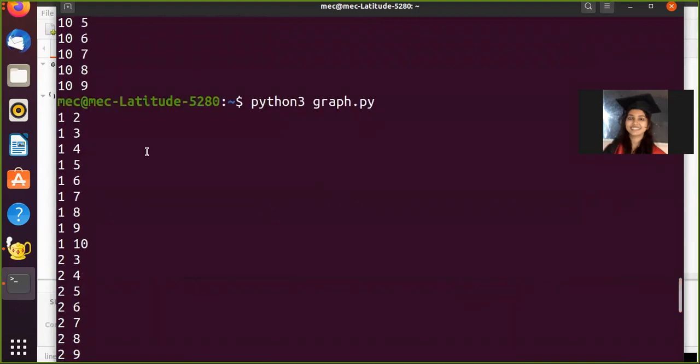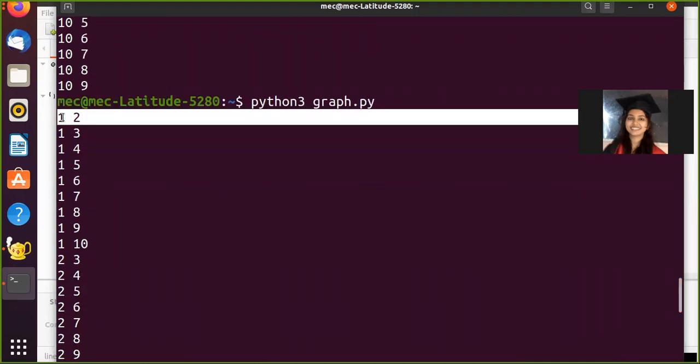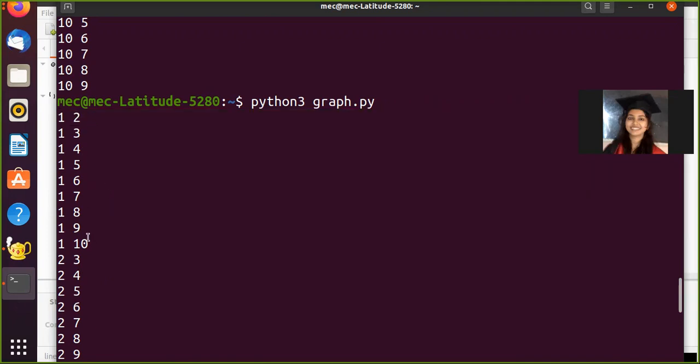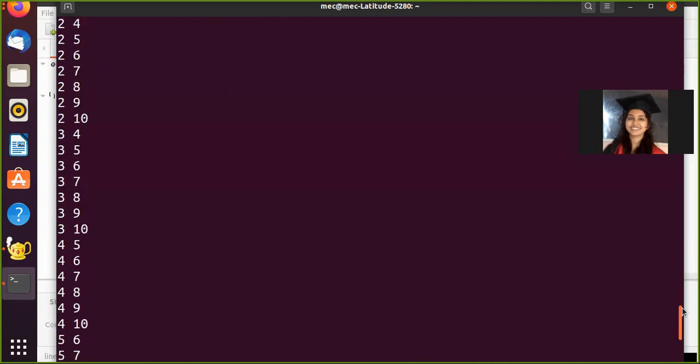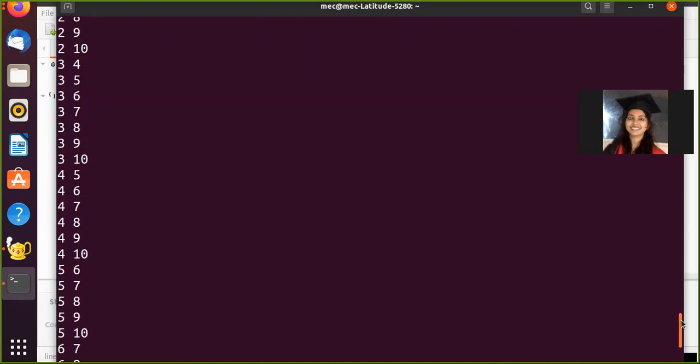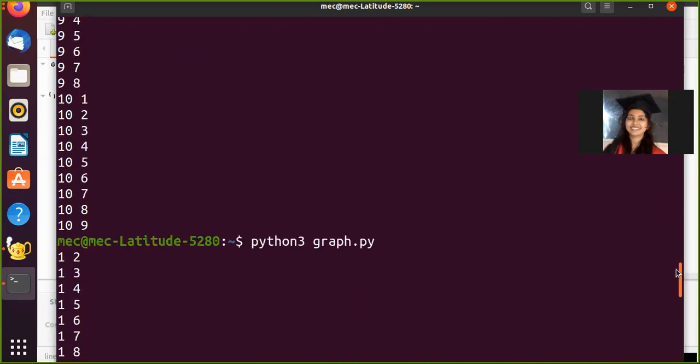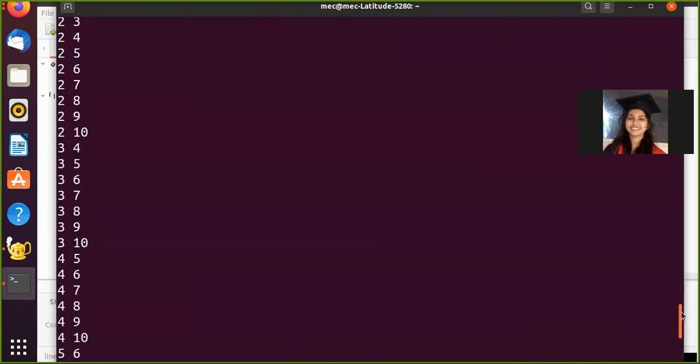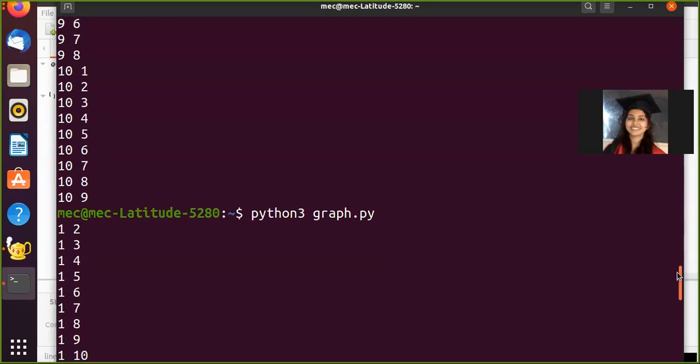Okay, so see, here comes 1 2, 1 1 doesn't come, 2 2 doesn't come, so on and so forth. 1 2 comes, then 2 1 doesn't come. Similarly, 1 3 comes, so you won't see a 3 1 here. So these are the possible edges in this network. This is the total possible number of edges, which is your 10 choose 2.